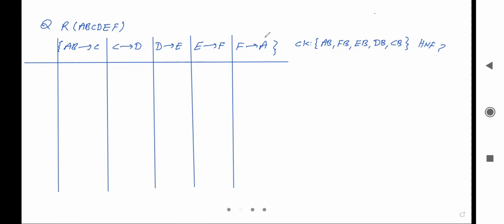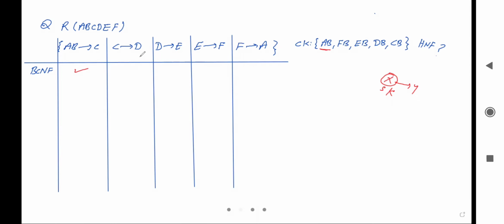ओके चलो देखते हैं. Let's try for the BCNF. Is it in BCNF or not? So AB is the candidate key, means it is a super key. So it is valid for BCNF because X must be a super key. If X goes to Y, then X must be a super key in case of BCNF, right? So AB is the candidate key, so it is a super key.